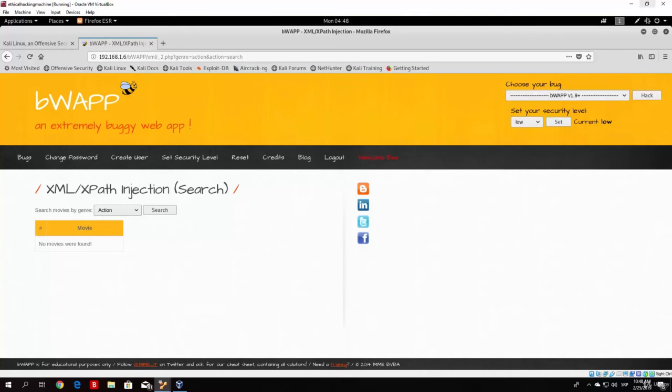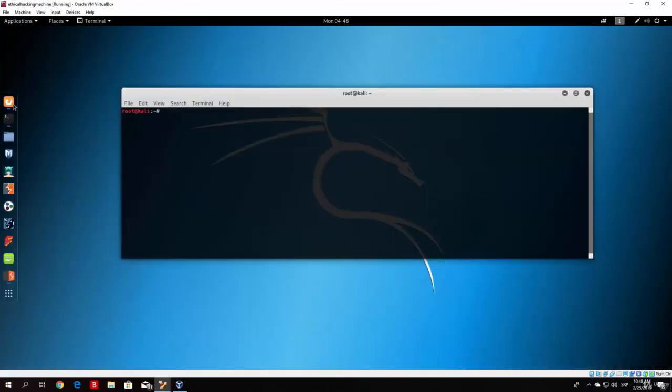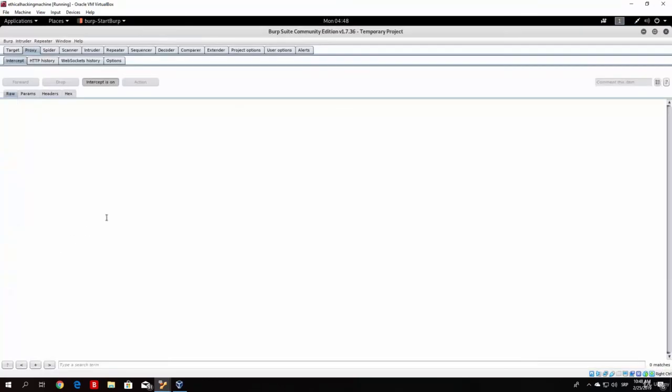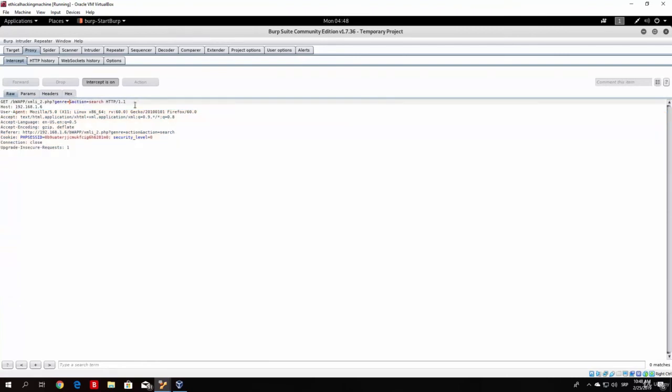Okay, I realized the problem was that I was missing a character, so let us do that once again. So intercept on, search, it is stuck, so we go to the Burp Suite and we type in the genre we type the same thing, but follow up with me right now. We need to add a little bit of something else, so let us just start off with the apostrophe. Then open left parentheses, open right parentheses, open right bigger parentheses,